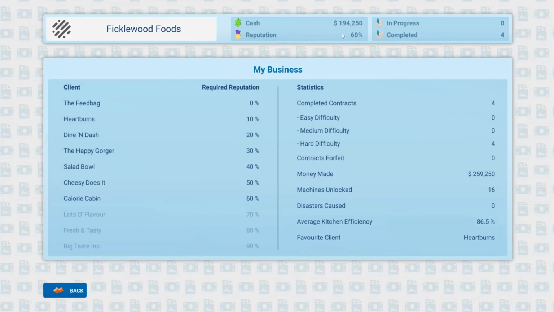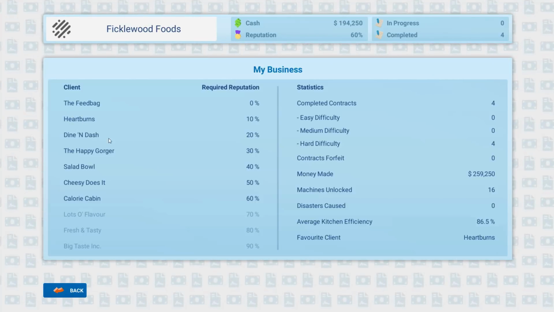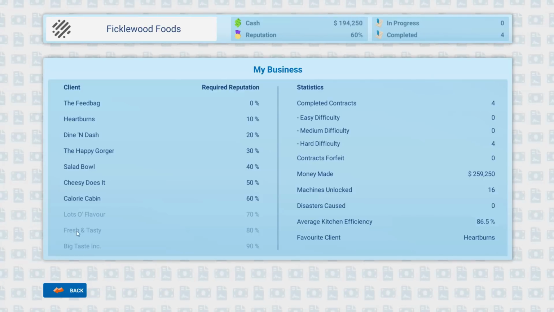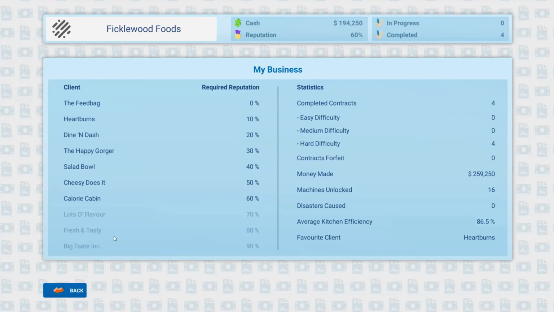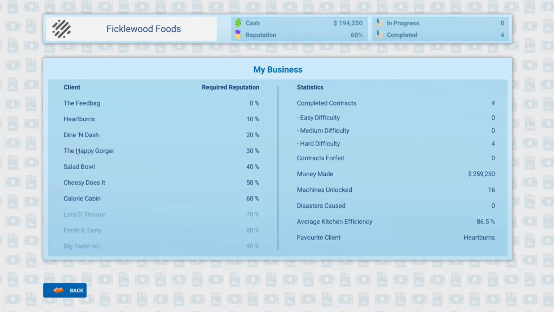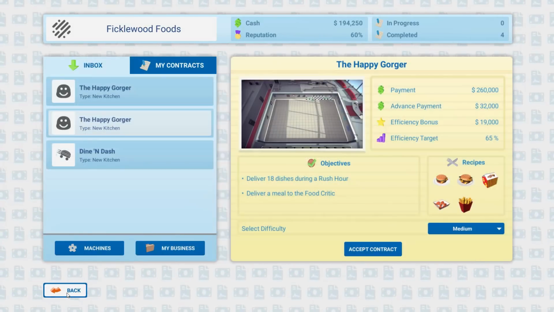So, as our reputation goes up, we unlock the ability to have contracts generated from higher and higher level companies here. The higher the level of the company, the harder the contract, but also the bigger the payout. So the Happy Gorgers is a little bit higher up there on the list. Now that being said,